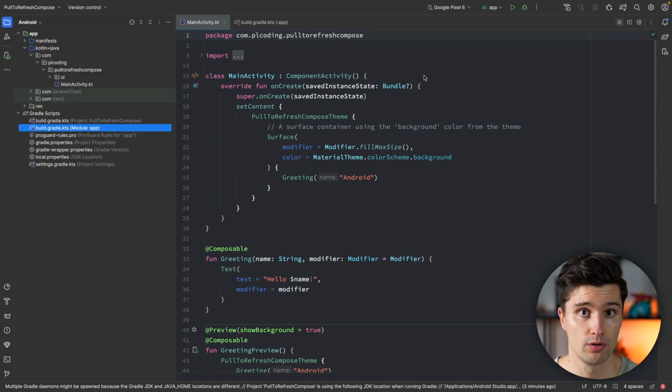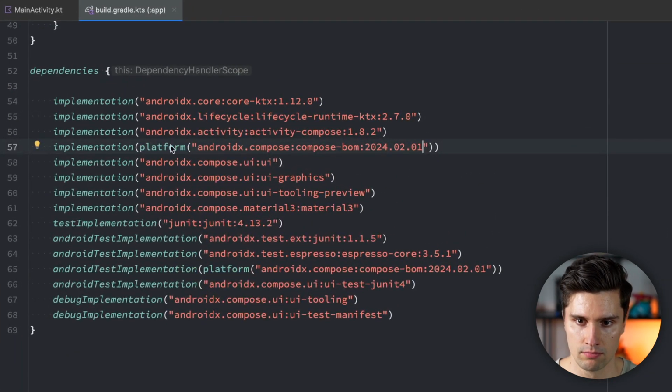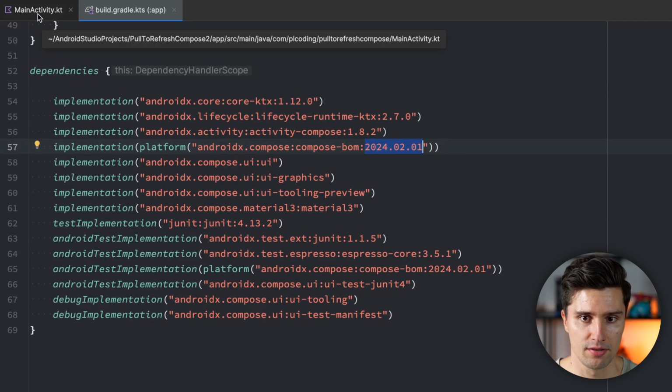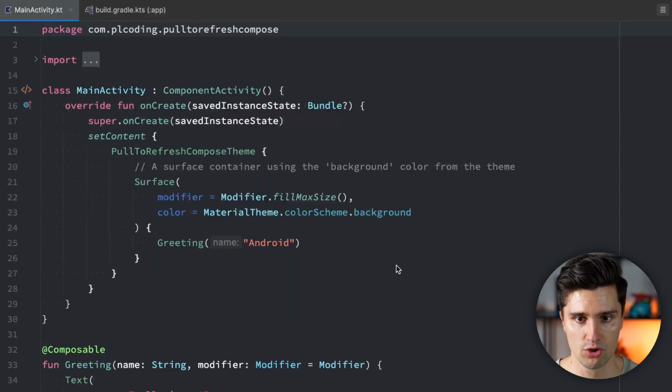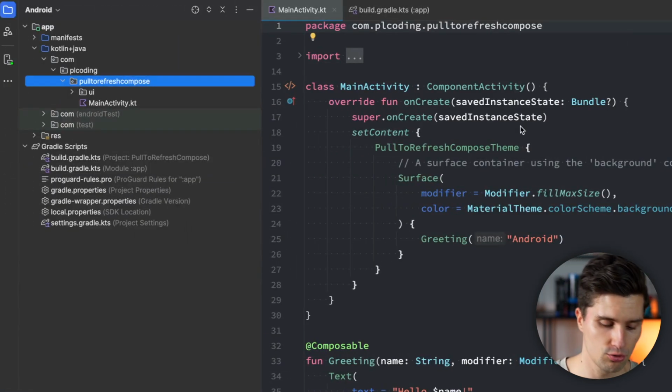The first thing you need to make sure if you are in an empty Android Studio project is to dive into your build.gradle app file and update this Compose BOM version to, ideally the same one, but at least this version, since as of now with Android Studio Hedgehog, the default version does not support this pull-to-refresh composable that we need here. If you sync this, then you are good to go,